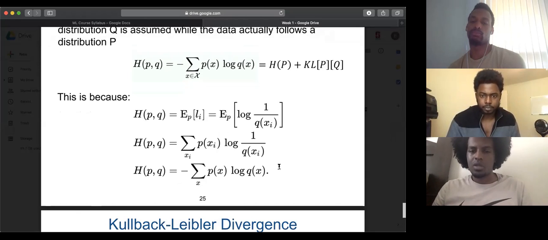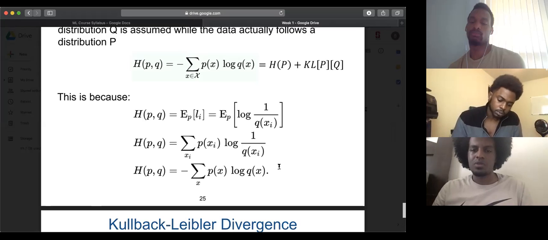Okay. And we looked at what the definition of entropy was. If it was all discrete, it would just be the probability of P times the log of P of X, remember? So what this is saying is take the probabilities from your discrete distribution and then insert those into the log of Q of that.